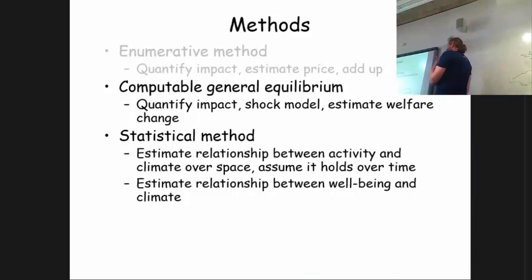There's also studies that use statistical methods. And essentially what you do there is that you estimate the relationship between an economic activity or an economic quantity and climate. And you do that over space, and then you transpose this relationship and you assume that it holds over time. So the earliest example of this is where they looked at the value of agricultural land in the